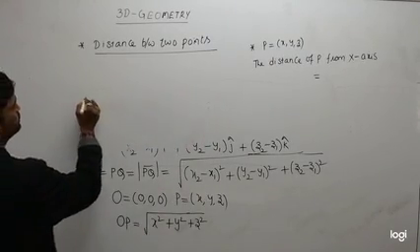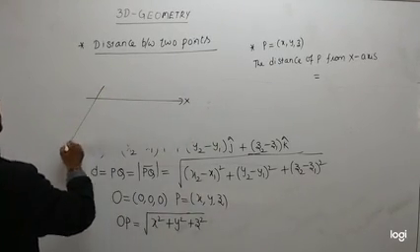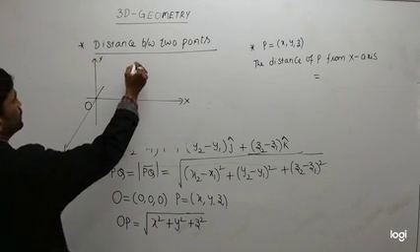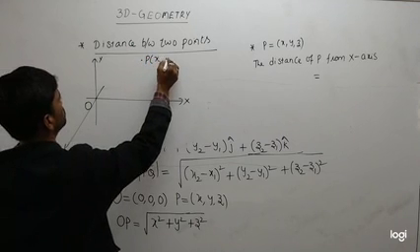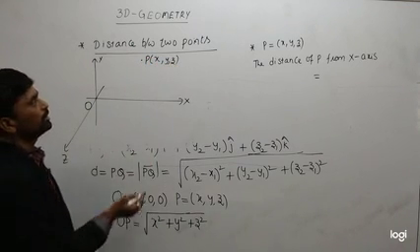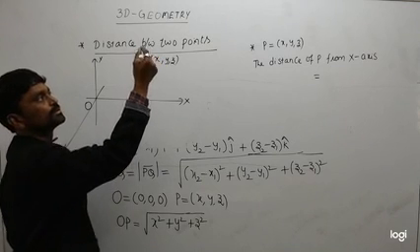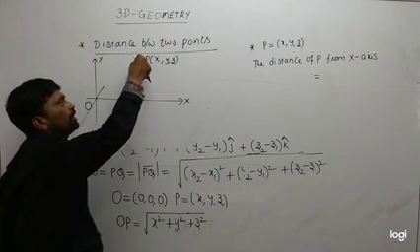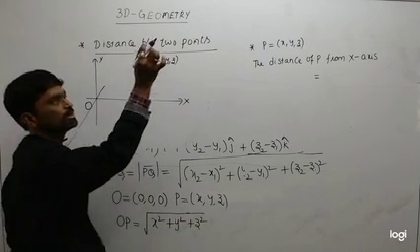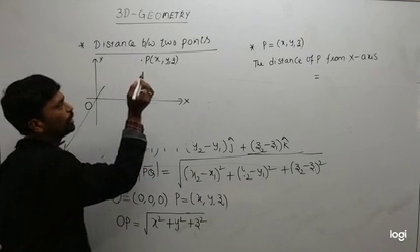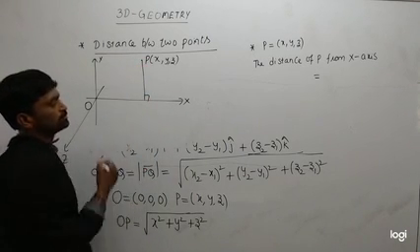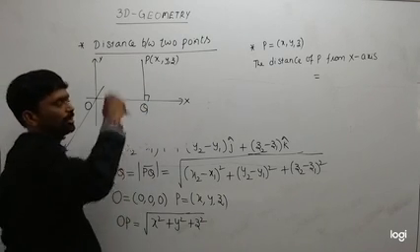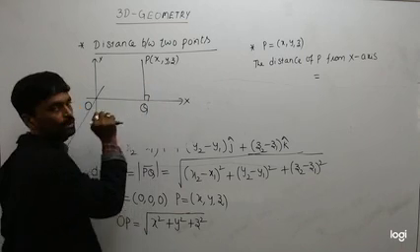So let me explain. So this is x, z, y, O. So P is x, y, z. You have to imagine this P point is not on the board. The P point is somewhere here in the space. I can't write in the space, that is why I'm writing the P point on the board. P is not on the board, P is a point in the space. So from that point, you draw a perpendicular. Then Q becomes the foot of this perpendicular, which is drawn from P to the x-axis.